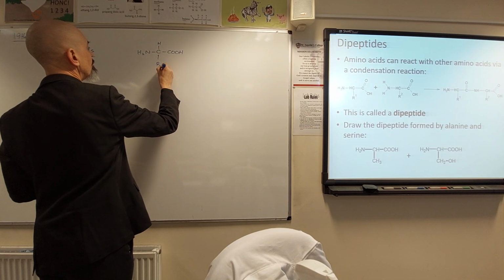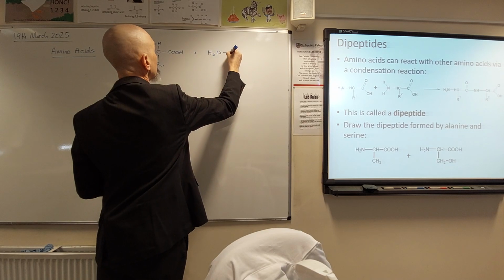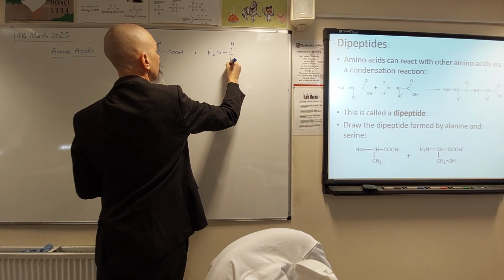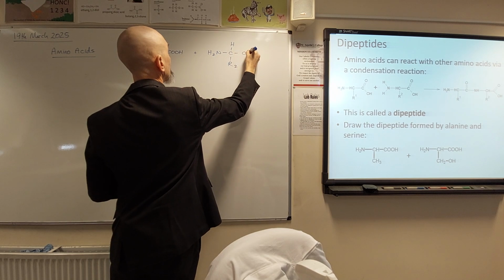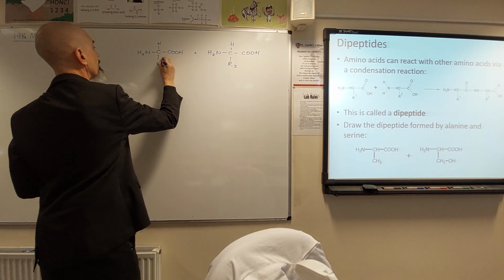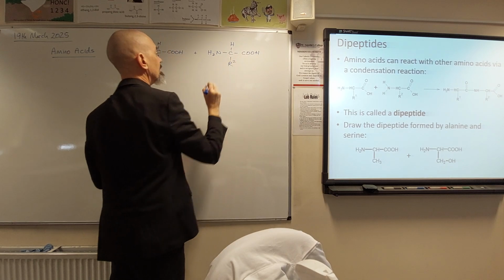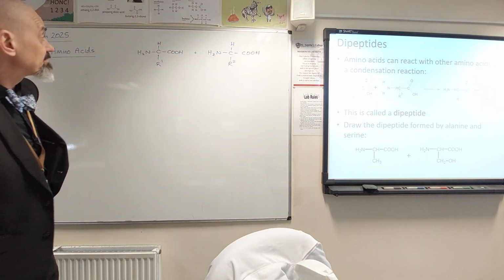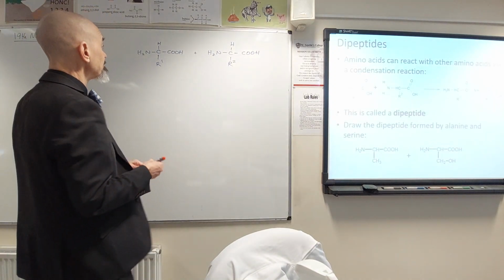If I just call this R1 and R2, there we go, that's fine. So I've got my 1 and my 2 in the wrong place, because otherwise it looks like I've got 2 R's. Right, if I react those two together, we could imagine that the